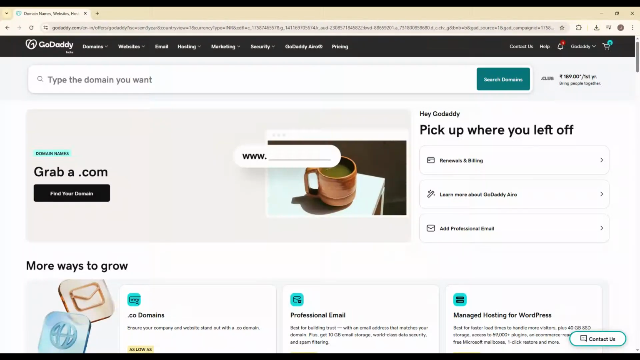In today's video, I'm going to show you exactly how to add a blog to your GoDaddy website builder step by step. If you want to start publishing articles, improve your SEO, or simply add fresh content to your website, adding a blog is one of the best things you can do. The good news is GoDaddy makes this really simple, and I'll walk you through the entire process from login to